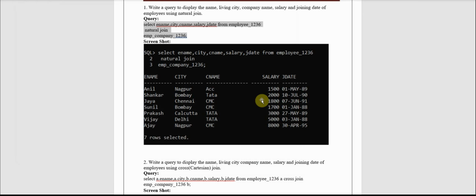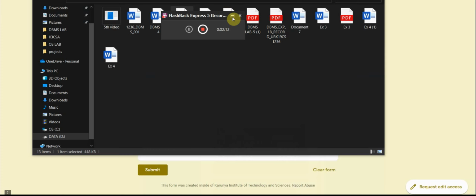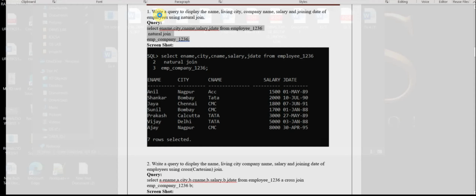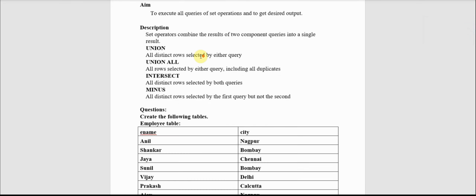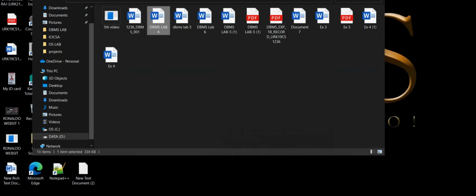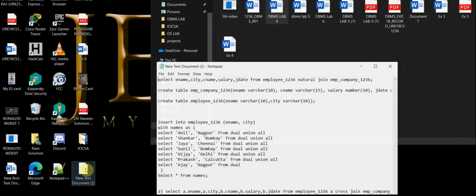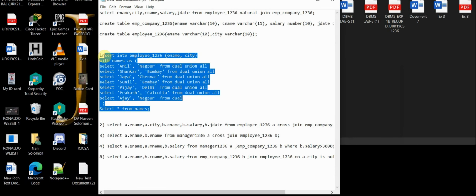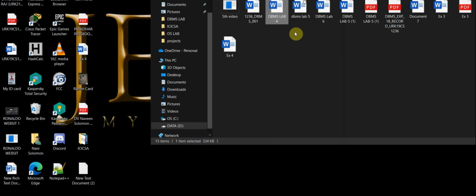First let me reinsert the tables. Already they have been inserted, but let me reinsert them. It's asking for employees. For employees I have already created them this way, because in my Word file it is showing a little error because there is some space in the lines.